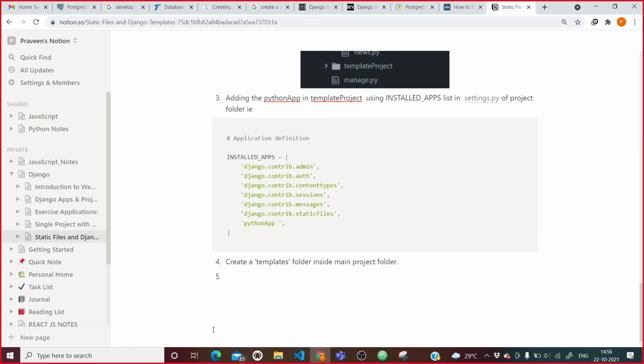Fine. So in that templates folder, create a separate name with a test app. Is it clear, guys?